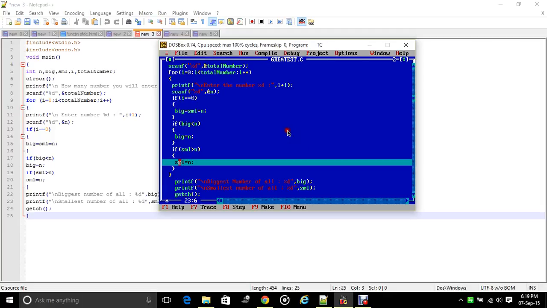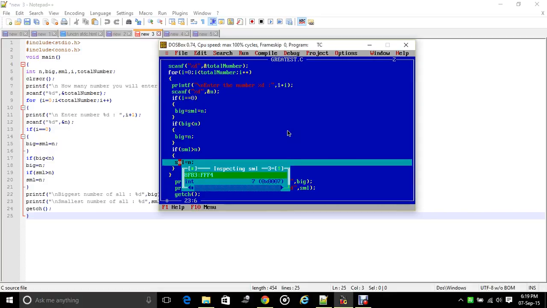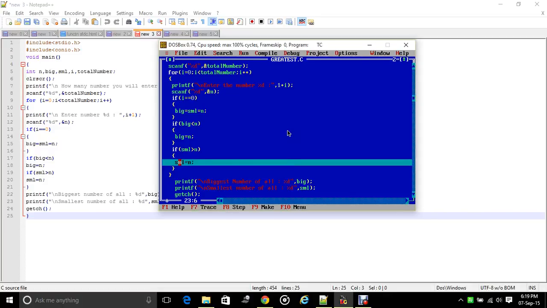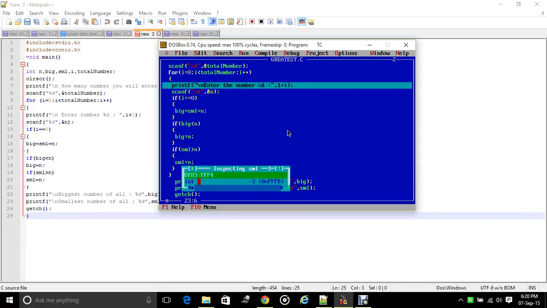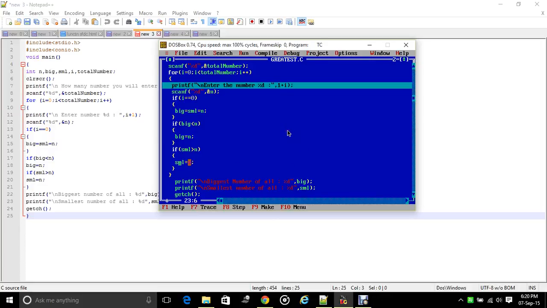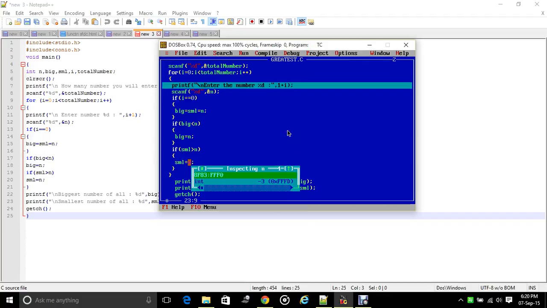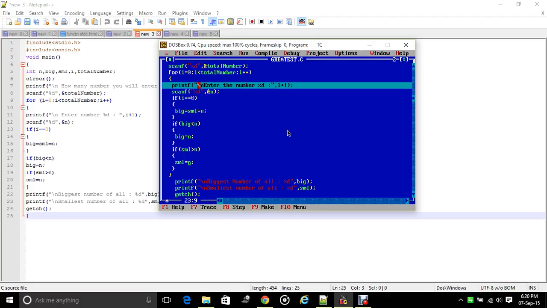If we check here, we will see 7, but as soon as we press F7 and check the small variable again, it will show -3, means the n value is assigned to small, and small is holding now -3. Now n is holding -3.